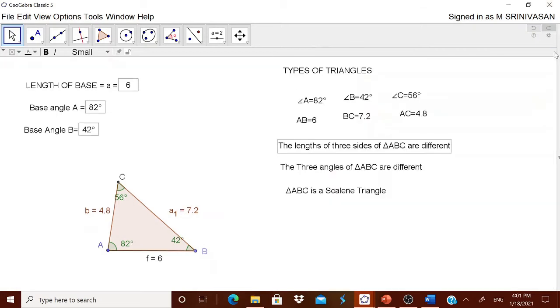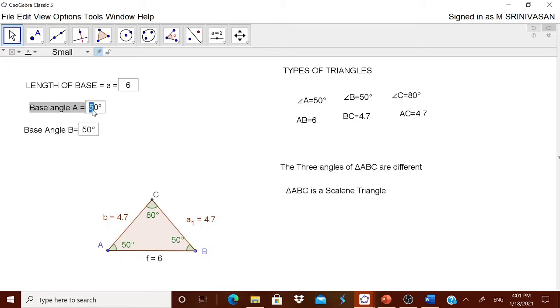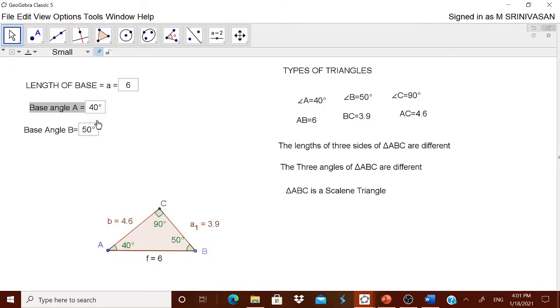Now you see, whenever I change it, for example, I make this angle 50 and press enter, and this angle also 50 and enter, you see that is already gone. In the same way, these also should go. And now I will change it once again to 40. You see, it comes again.